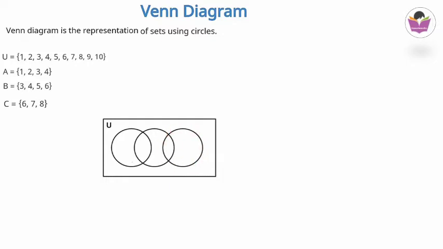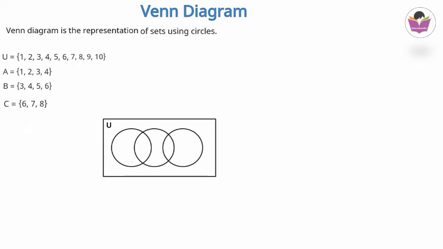Before drawing the circles, you must make sure whether the circles must join or overlap or not. For that, you need to see whether there are any common elements. You can see here in the first sets A and B, 3 and 4 are common. That means A and B have a common portion, so that's why we are drawing the circles like this. When you check B and C, 6 is common. That means B and C have a common element, so the second circle and third circle have to overlap. This is the way we have to draw the subsets.